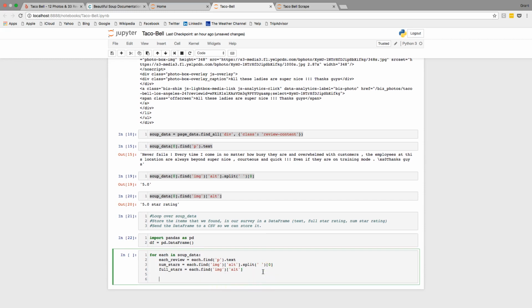And so now for each step of this for loop, I'm going to be pulling out the entire text rating, the number of stars, just the numerical value of the stars, and then the full string with the star rating in it. So now we want to store this in a list. So what we could say is df equals df.append(pd.DataFrame